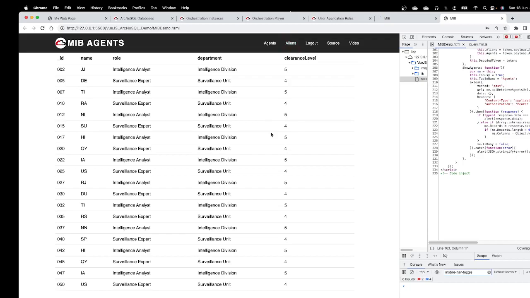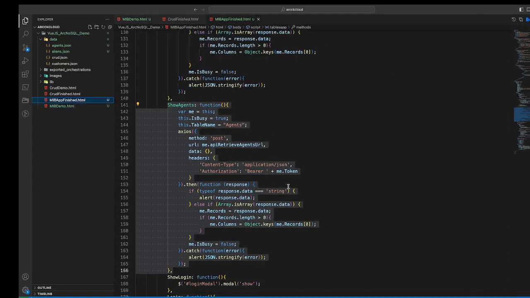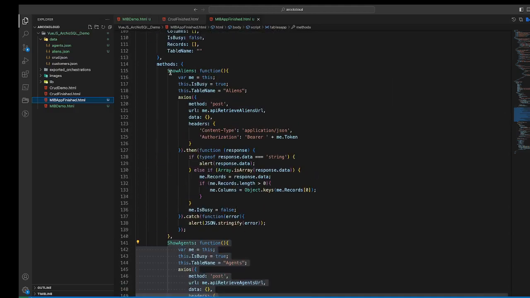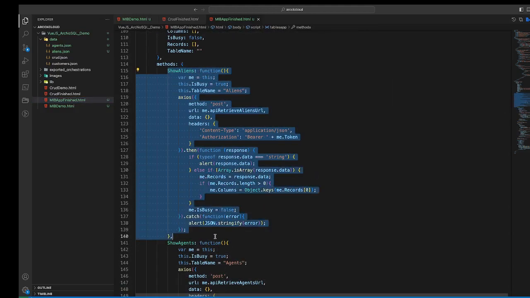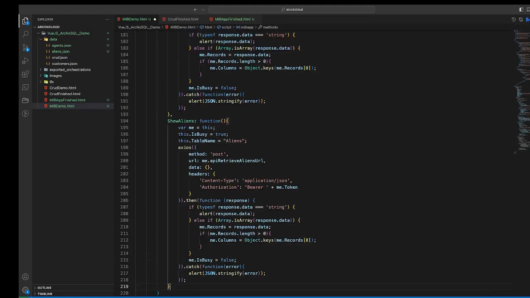The aliens is going to be taken from the finished code. So I have here the show aliens, and then I'll walk you through that code. In the show aliens, if the user has access to the aliens application, then the aliens menu is going to show up, and when you click that, it will go to the